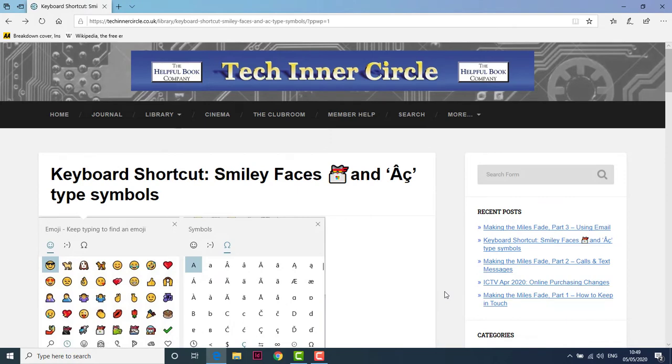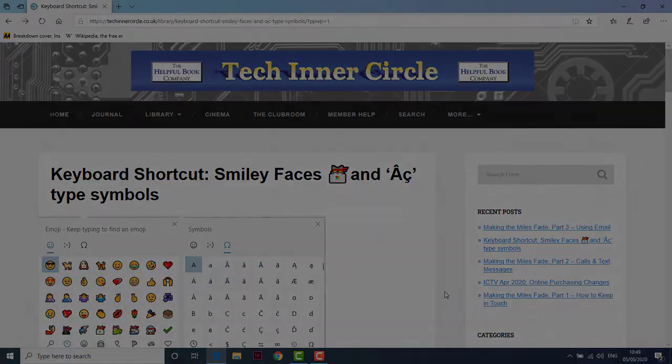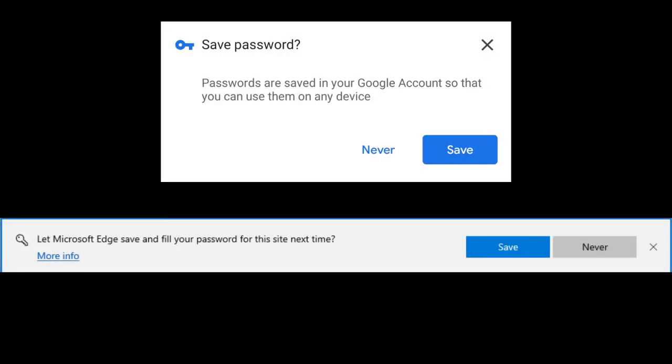Now, sometimes your browser will ask you if you want to save the password. You'll get a little box like one of these, asking if you want your browser, so Chrome or Edge or Firefox or whatever, to remember the password. And you want to click on the no option, whether that's never or just a little cross to get rid of the box. You don't want the browser to remember it